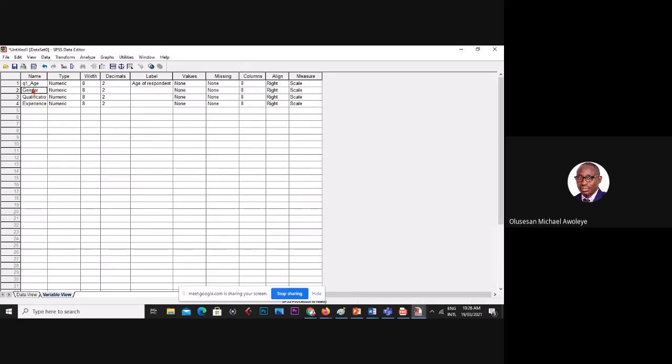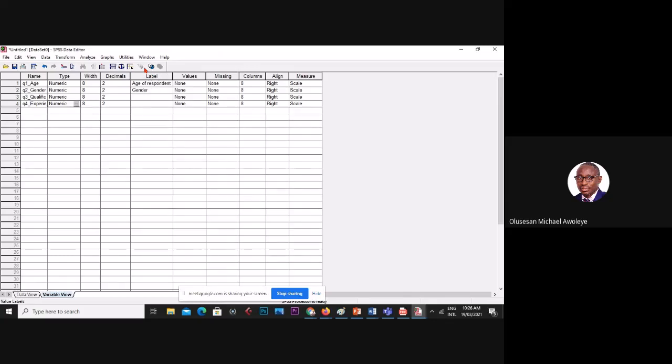So in my gender here as well, I will go under label and put gender as well, maybe for further description, gender of a respondent, or just gender as well. Again, you leave it like that. Like I said, I always like to put Q. I can say Q2 here as well, underscore, gender. And I can also say Q3, like my question 3 qualification, and Q4 rather. Q4 to represent